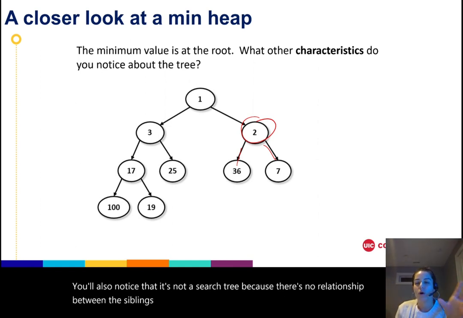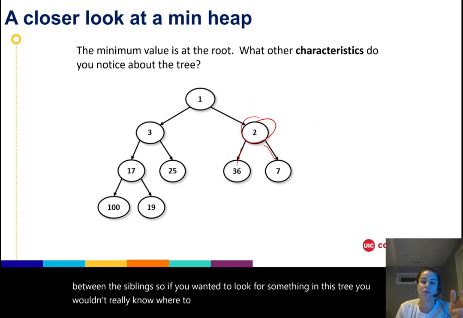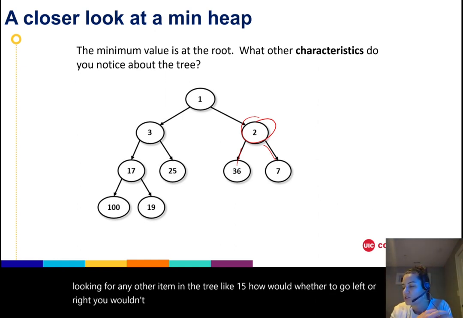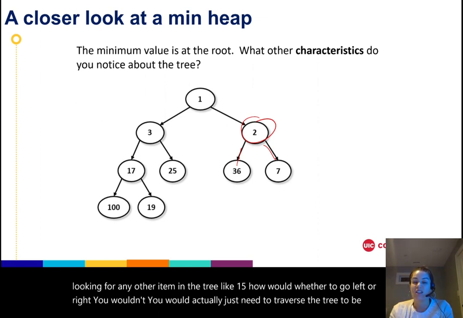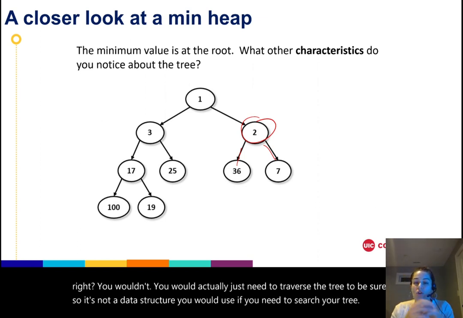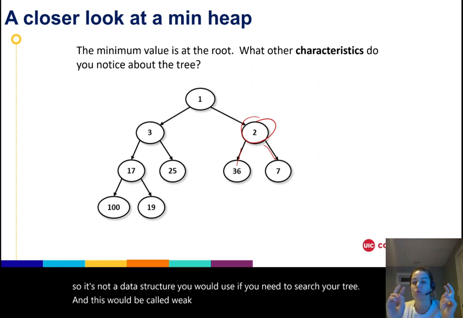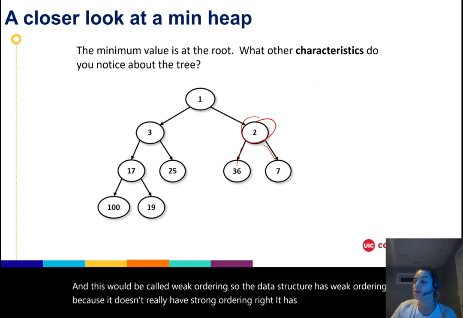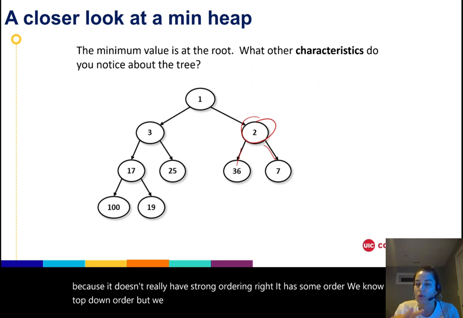So if you wanted to look for something in this tree, you wouldn't really know where to go. For example, you have 1, and if you're looking for any other item in the tree like 15, how would you know whether to go left or right? You wouldn't. You would actually just need to traverse the tree to be sure. So it's not a data structure you would use if you need to search your tree. This would be called weak ordering. The data structure has weak ordering because it doesn't really have strong ordering, right? It has some order, we know the top-down order, but we don't fully understand the order of the items in the